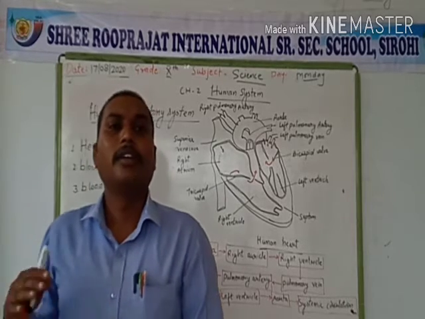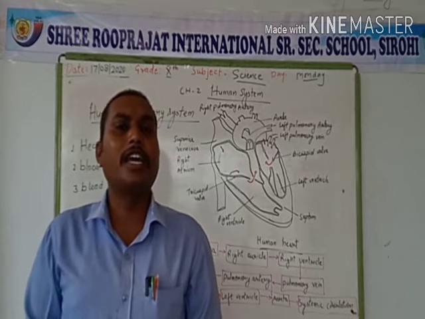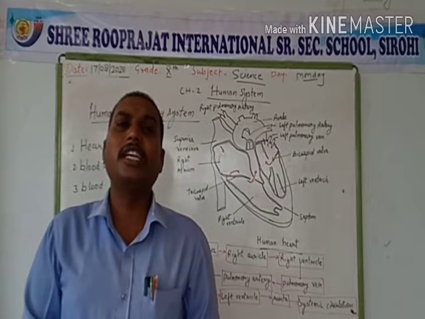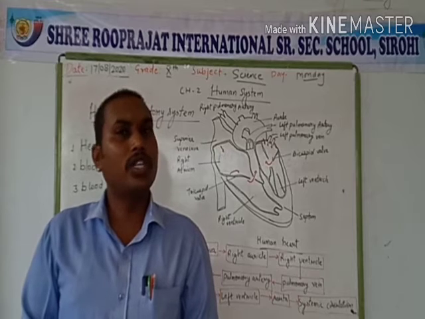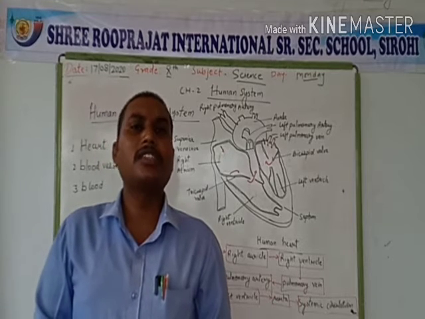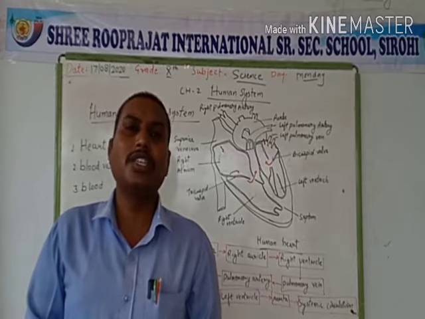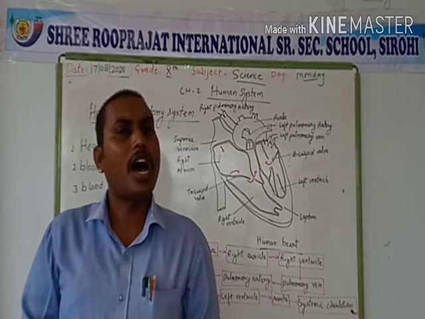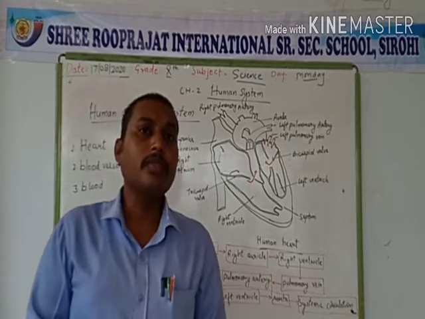In the right part of the heart, through the superior vena cava, the impure blood or deoxygenated blood, meaning the blood which contains carbon dioxide gas, is collected. Through this largest vein, the superior vena cava, the deoxygenated blood is collected in the right portion of the heart, or in our right atrium. Whereas